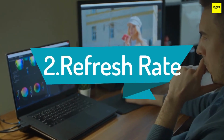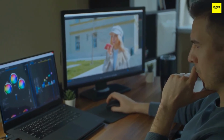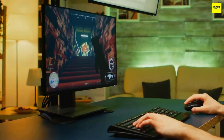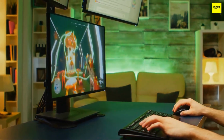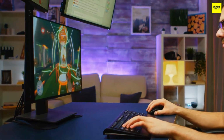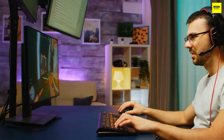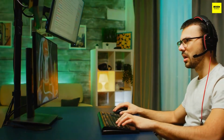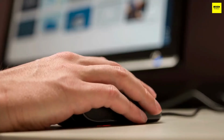Number 2. Refresh rate. A refresh rate, which is measured in Hertz, refers to how often the screen can refresh its image, or update to reflect changes that have happened. A higher refresh rate appears to our eyes as much smoother motion, so getting a 144Hz monitor could give you an advantage over someone with a 60Hz monitor. This is because 144Hz is much closer to real-life motion than 60Hz is, allowing for better vision, a greater experience,